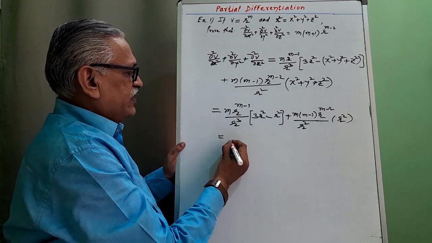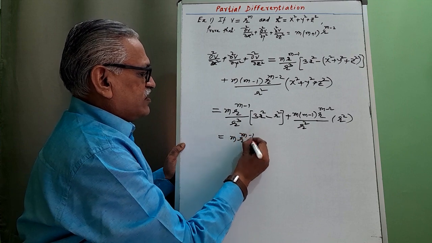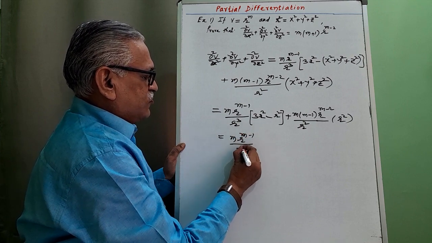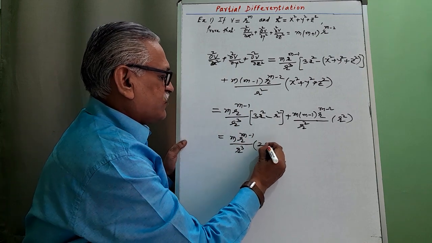So simplifying it, we get m r raised to m minus 1 divided by r cube, 3r square minus r square, we get 2r square